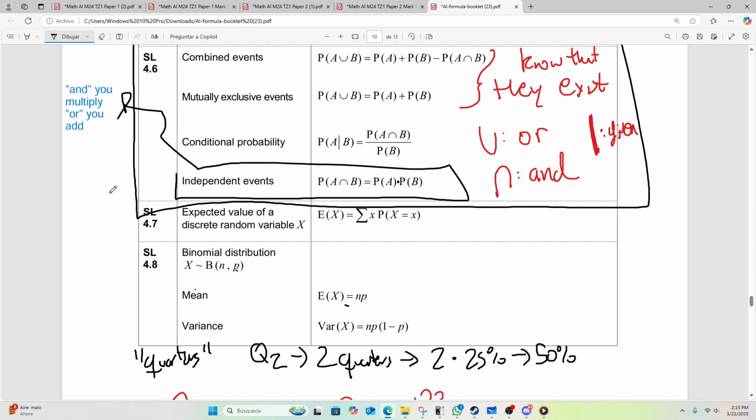Yeah, let's keep going. For expected value, this is something that I explain in my videos a lot. What I can mention is that this does show up at least once per paper. An expected value is really just the probability of your thing multiplied by the amount of times it happens. Okay, that's all it's saying here.